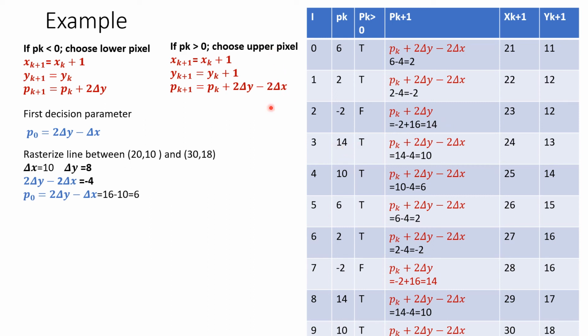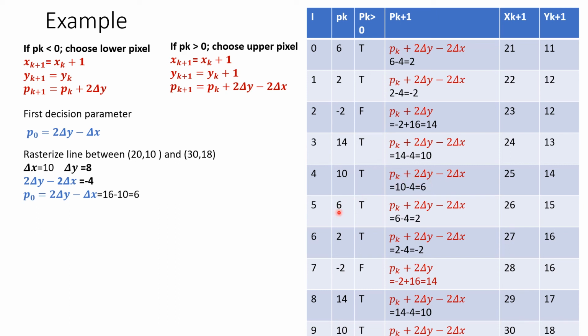So again we use the set of calculations. The next decision parameter we obtain using this formula, and we get 10. For the current iteration, we get 24, and x is incremented by 1. 12 plus 1, 13. So 10 is carried to the next iteration. It is positive, true. So we calculate the next decision parameter. Because it is positive, we are going to increment the value of y by 1. That is, an upper pixel is chosen. That is 14.